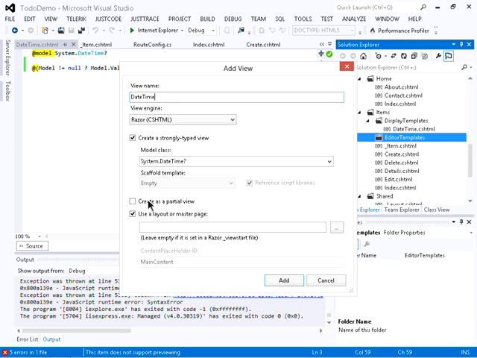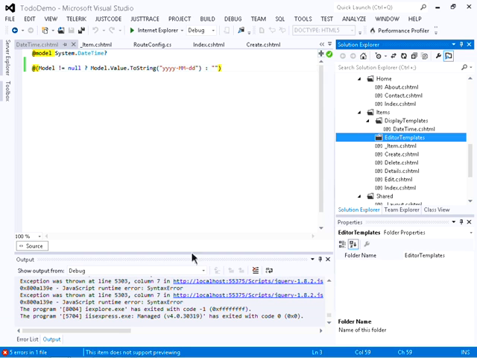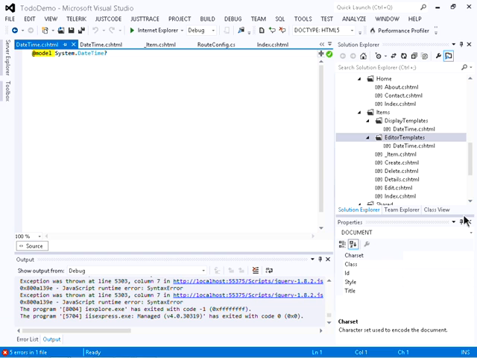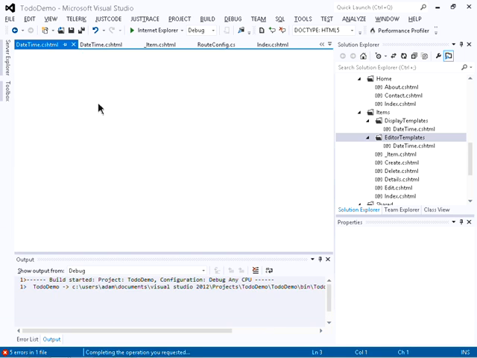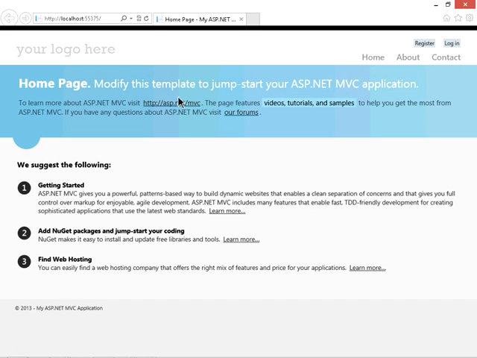So again, this is for editing any date time. Still a strongly typed view, still working on that same kind of data. It's a partial view. And this one's going to be a little bit more complex. There we go. A text box is a helper method on the HTML helper that generates the text boxes that you see in the web page. So let's run that again. And now that we have our new template for the editor,